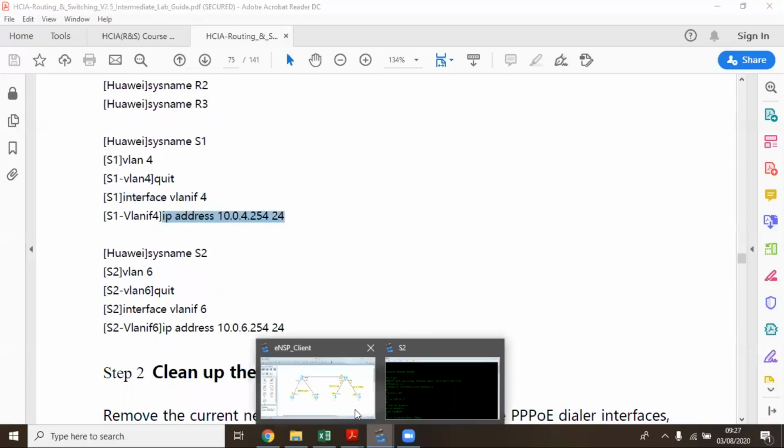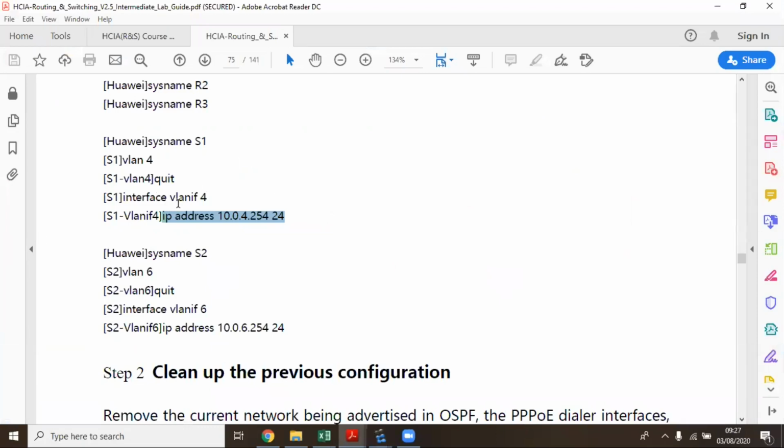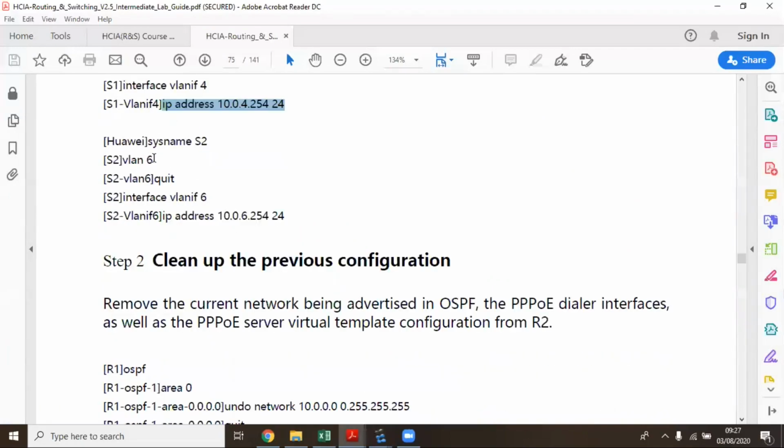So as you've seen in our topology, we are supposed to assign this particular interface, gigabit Ethernet 0/0/2 on S1, the IP address 10.0.4.254. So in order to do that, we have to create a VLANIF like that, and assign it an IP address. On S2, we're also supposed to create VLAN 6, then